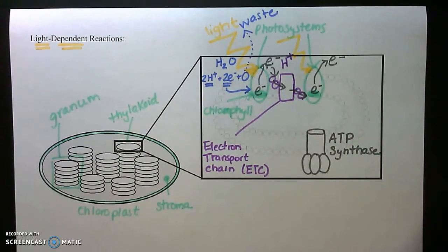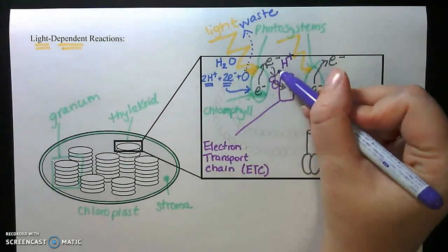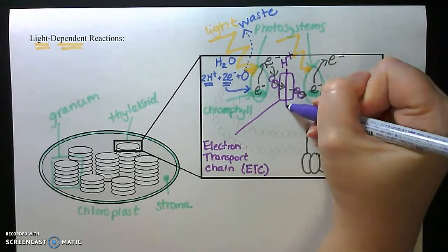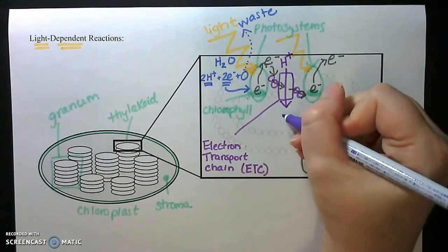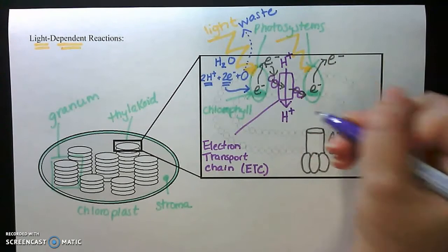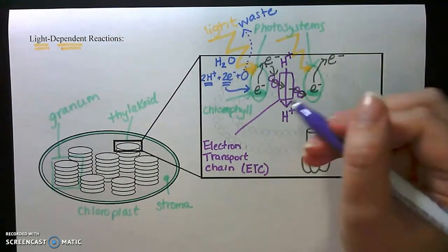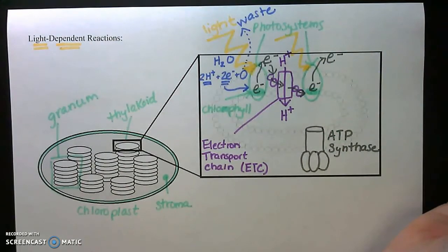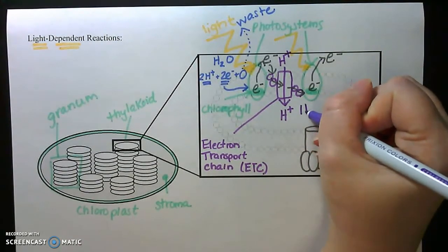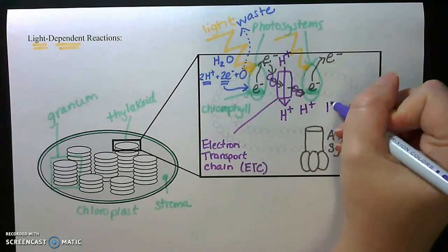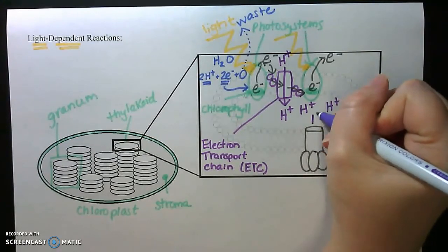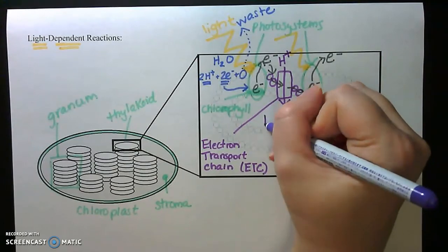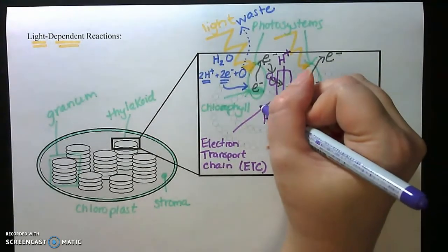But as it's transporting electrons, it is also going to be able to pump hydrogen ions into the interior of the thylakoid. So as long as we have a steady movement of electrons in the electron transport chain, it will continually pump hydrogen ions into the inner part of this thylakoid, where they are going to build up in a